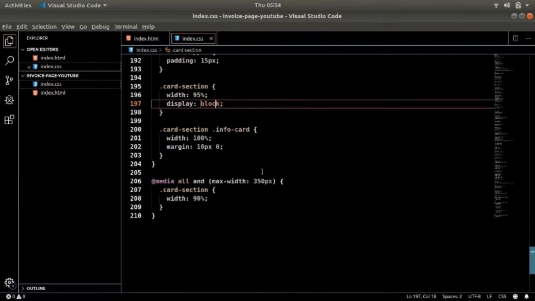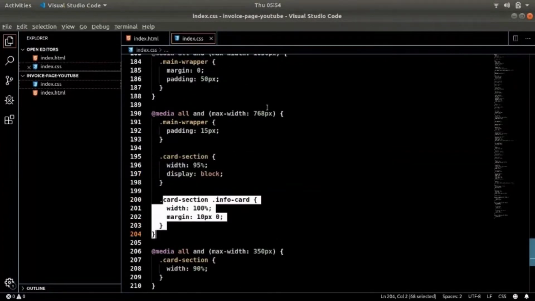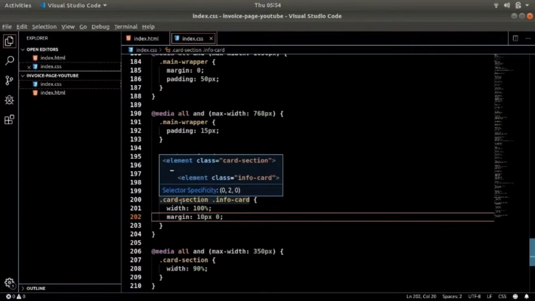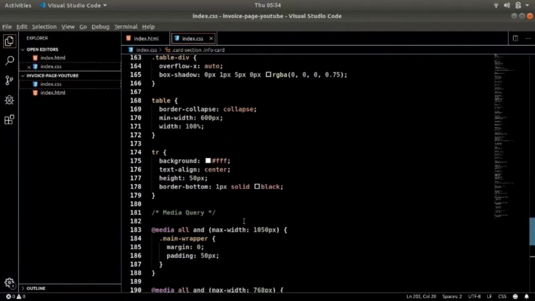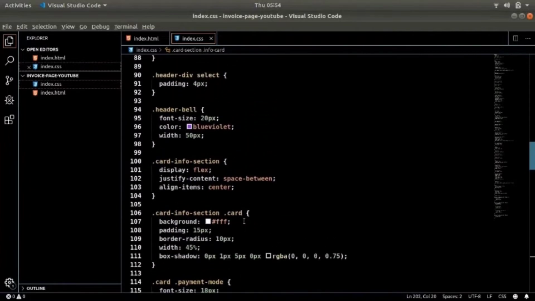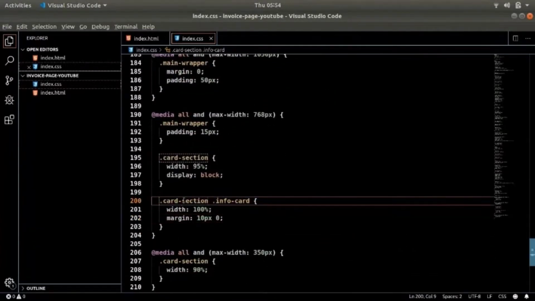And right now this is also written inside 768 pixel, for below 768 pixel. So the card section, okay, wait, this was not the card section, this was the card info section. So this is the card info section and this is just the card.